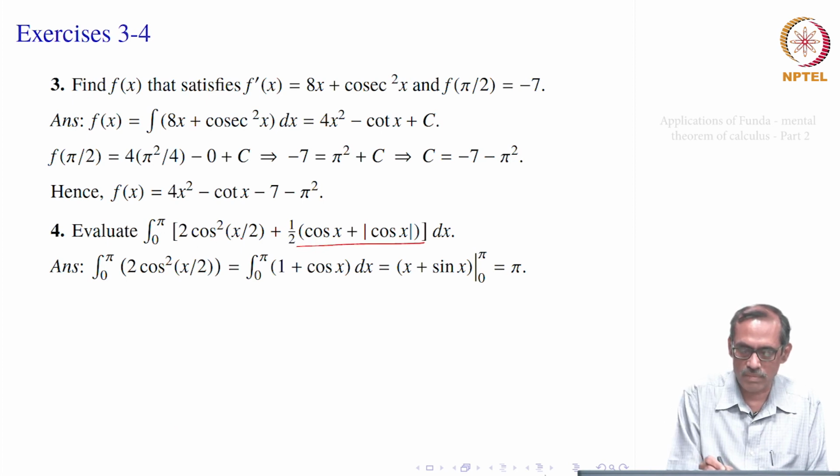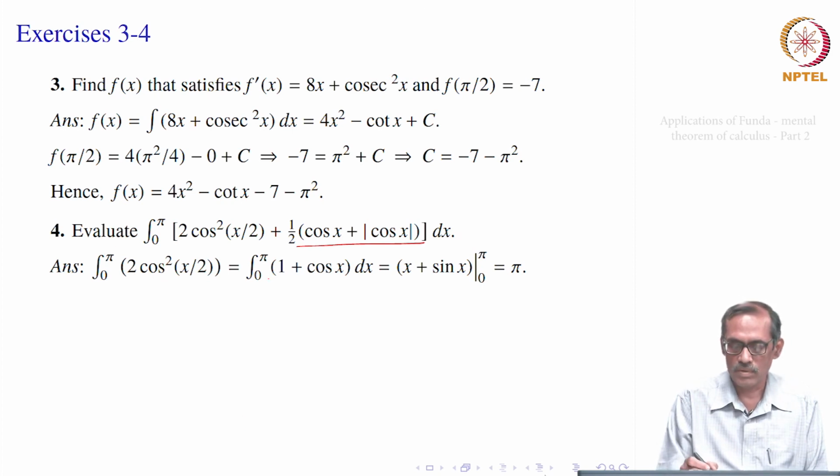But for the first expression we have no problem, it is cosine square x by 2. That is always of the same sign, it is positive. So, we go straight forward for the first integral as 0 to pi of 2 cosine square x by 2, which is 0 to pi of 1 plus cosine x using your cos 2x formula. Its integral is x for 1 and sin x for cosine x, because the derivative of sin x is cosine x. That is to be evaluated as a definite integral from 0 to pi. So, we get back pi.